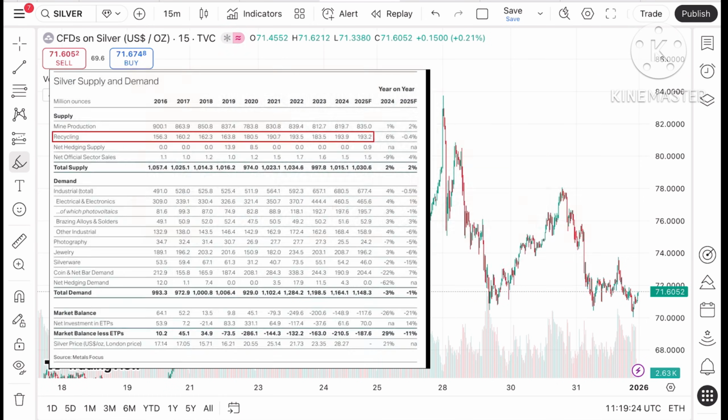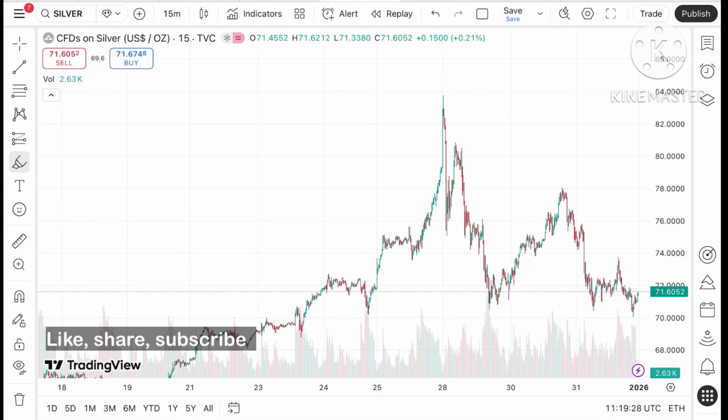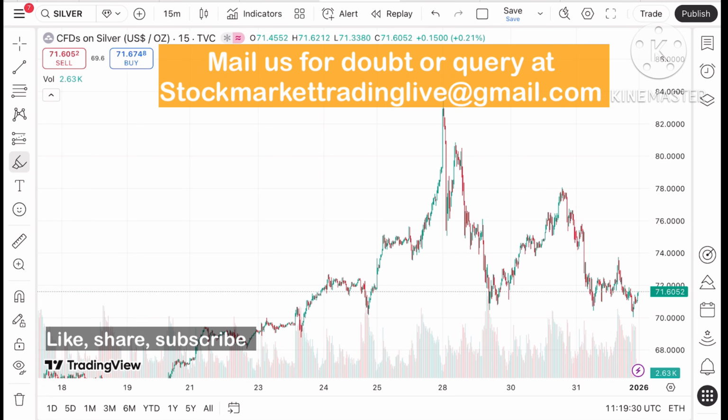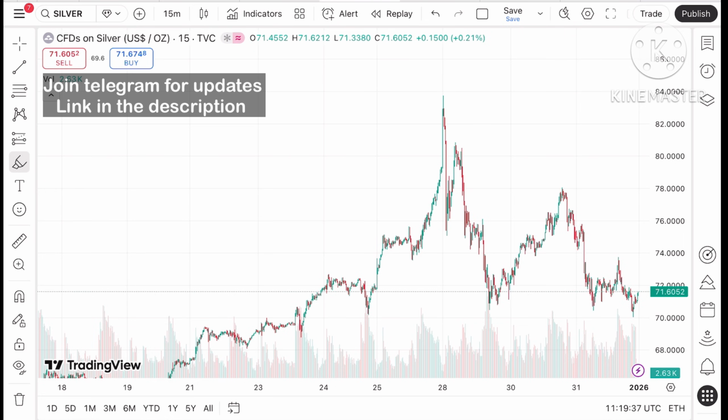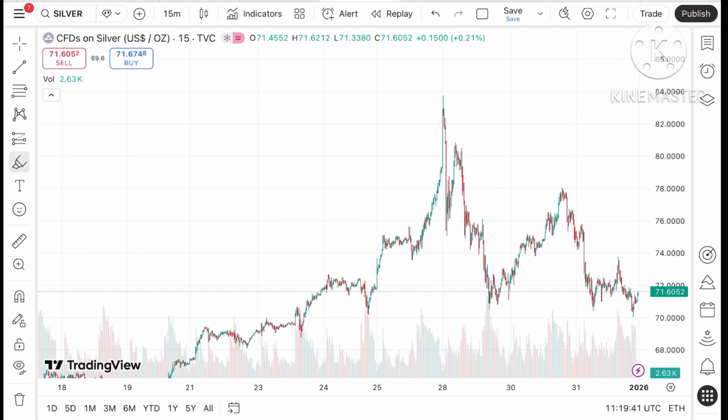As we have seen, silver recently retreated from its all-time high and is now trading nearly around $71.60. Is this a deep correction, or is it a retest before the next leg higher? Let's break it down across four time frames: 15 minutes intraday, 2 hours short term, daily intermediate trend, and weekly